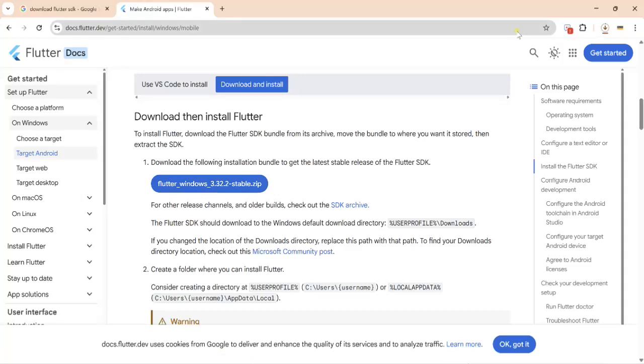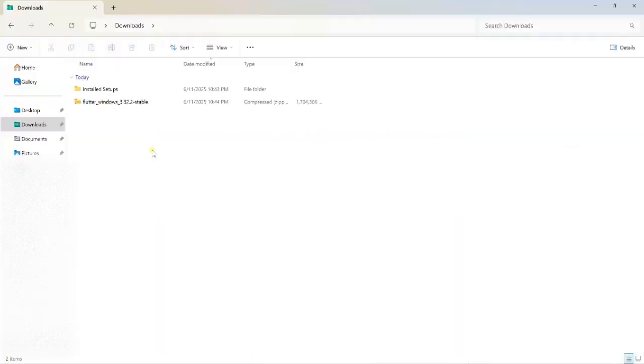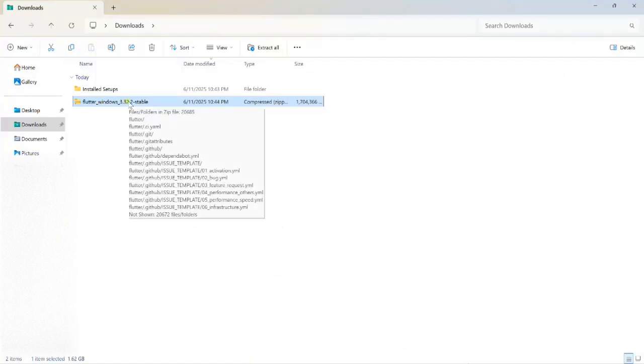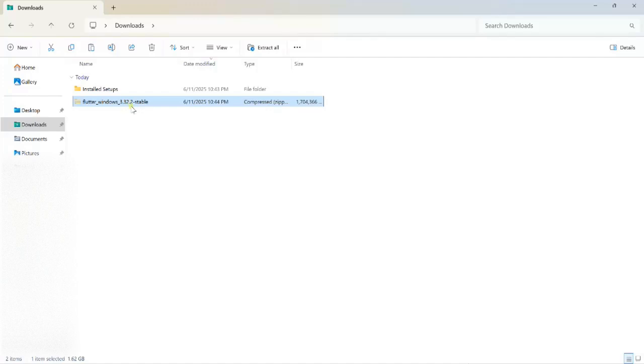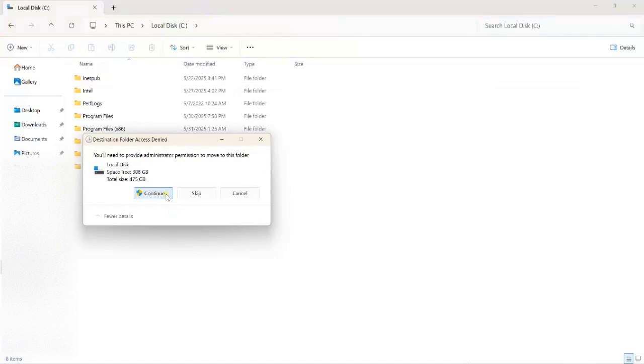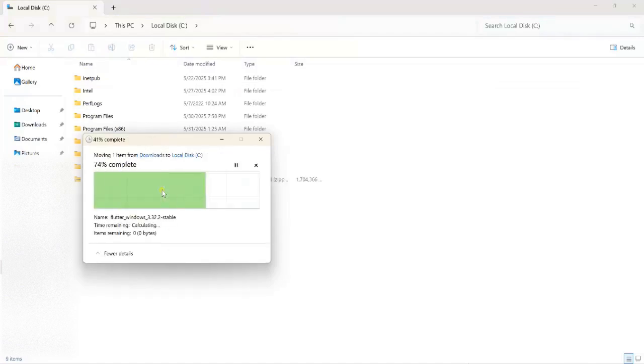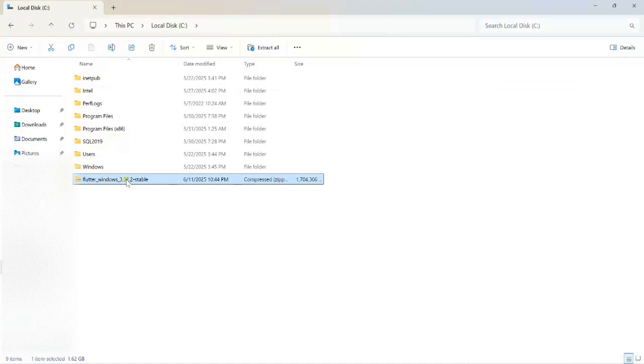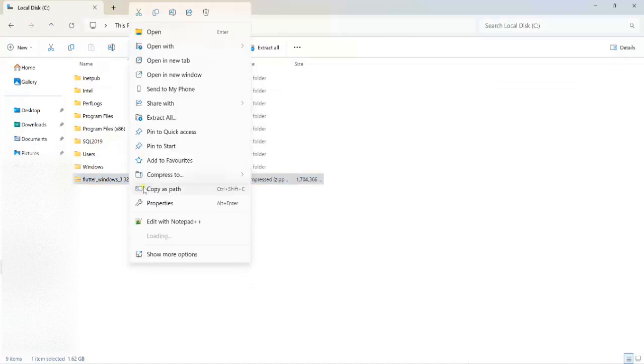I'll pause the video, and once the download is finished, I'll resume it again from there. Okay, so the download has been completed. So I will cut this folder and paste it here. Now it's time to extract this folder. Okay, extract all,